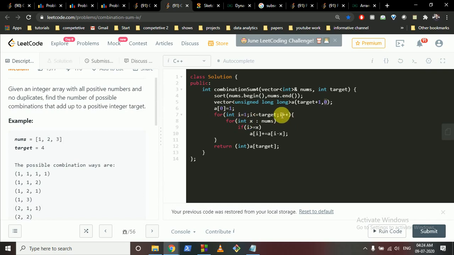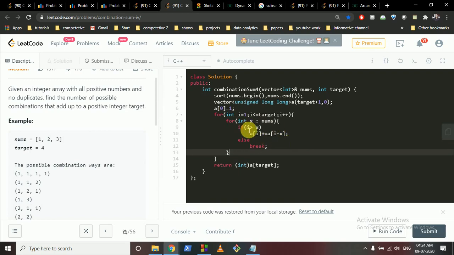And what we will do, we will iterate over all the values in nums. Okay, because nums is sorted, we will only do some iteration if this value is less than or equal to i, our target value, which I have told you. If this is not the case, you can just break out, which will help us reduce the time complexity. We will not iterate over the whole thing, we can break out also. So if this condition is not met, we will break out of this for loop.